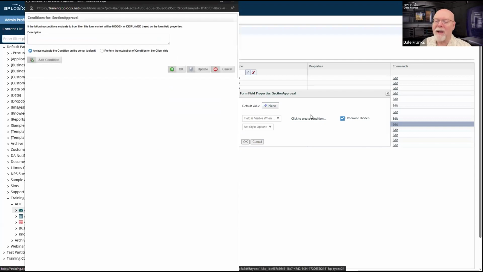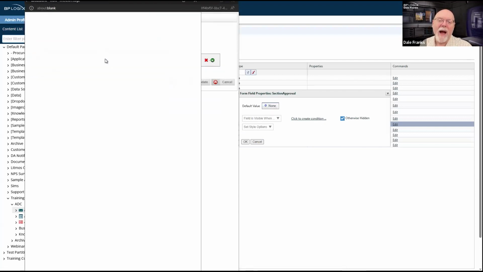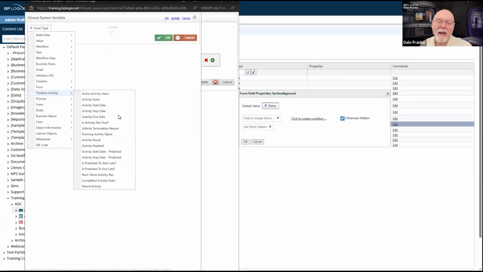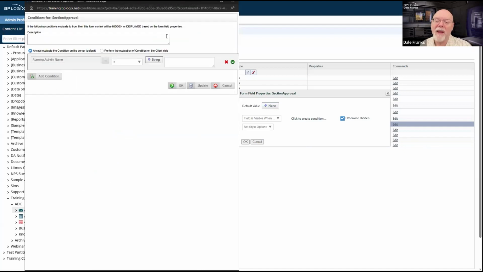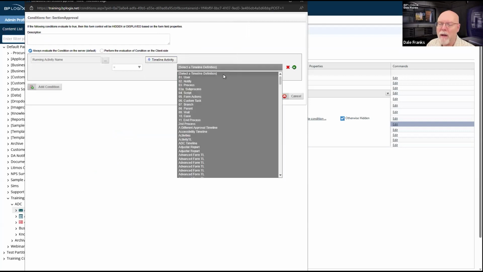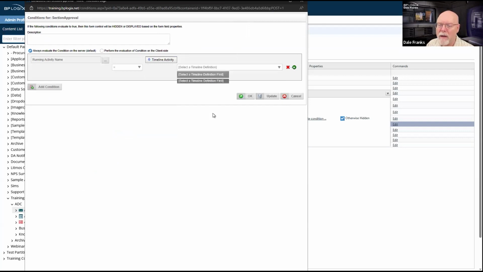And what I'd like to be able to do is to say, okay, well, I only want this visible when the running activity name is, and then there's this little thing down here, which I love. And if this was a form, this would be great because I would just pick timeline activity. Oh, and it would just show me the timeline activity, but it's not doing that.